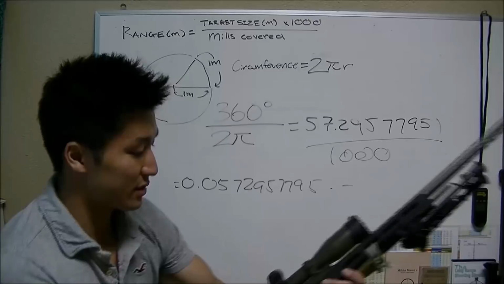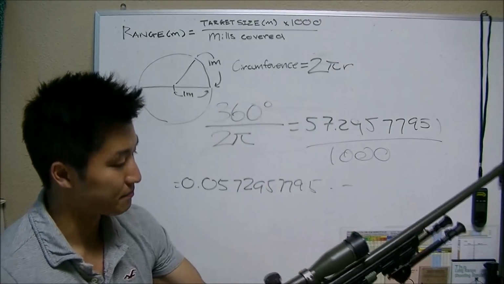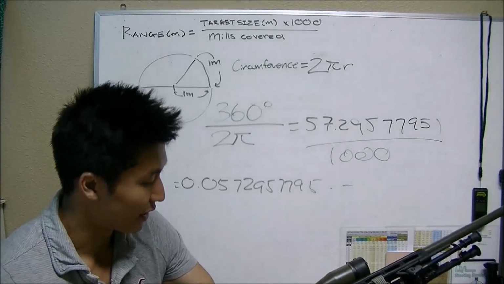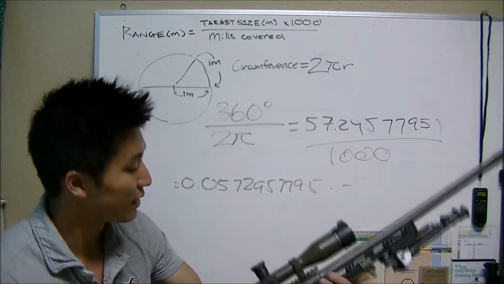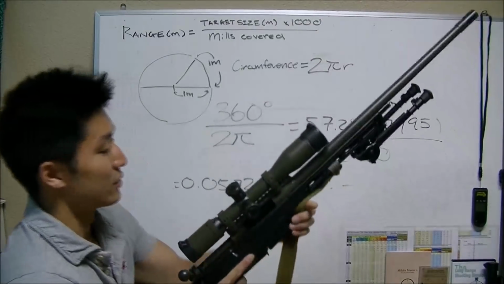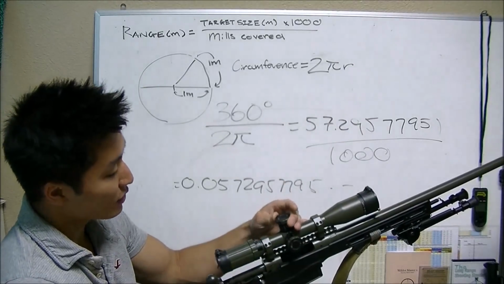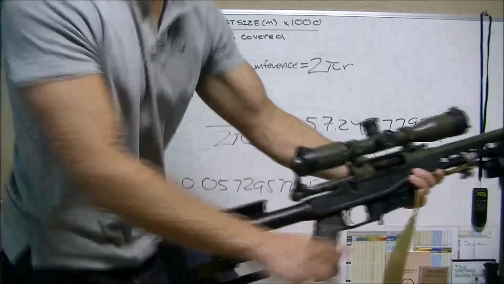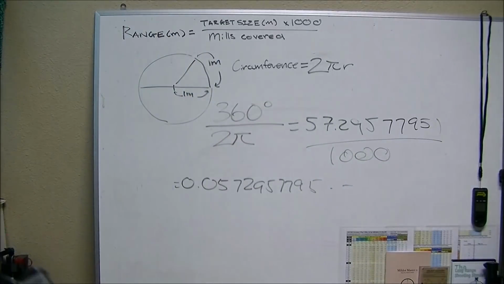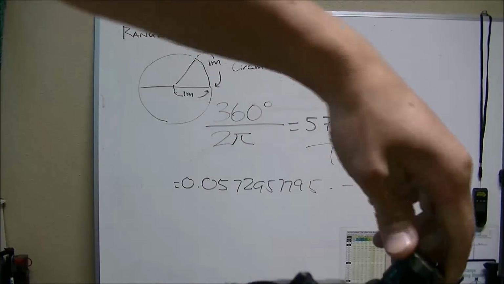The example for this Savage 10 FPSR, I already safety checked it. It's just got a SWFA straight 20 power scope on it. But basically, since it's 1/10 of a mil per click, every time we do a whole mil, so let's see if we can see that. So every time we click it,